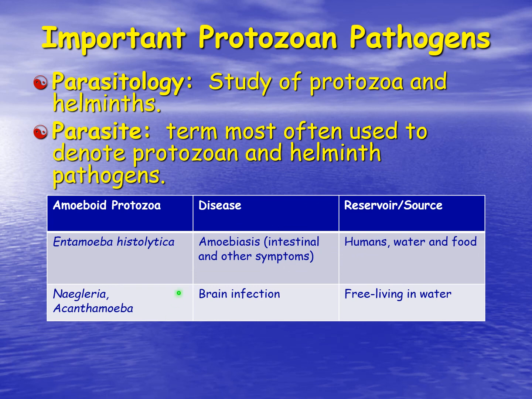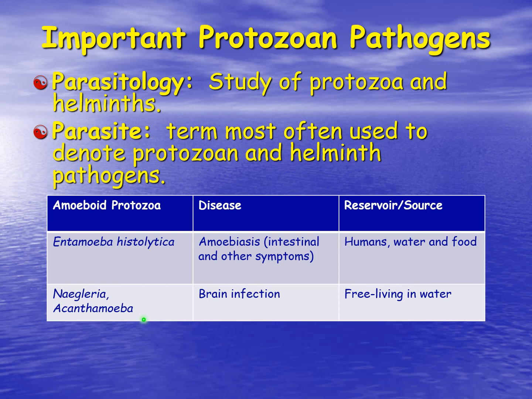Of the amoeboid protozoans that move by pseudopodia, Entamoeba histolytica causes amoebiasis. This can occur in humans, but also in animals. The primary source is fecal contaminated water and food. The Entamoeba is shed in the stool and picked up orally, so that we call this the fecal oral route. This causes usually a severe watery diarrhea, and people can actually die from the severe dehydration that Entamoeba histolytica can cause.